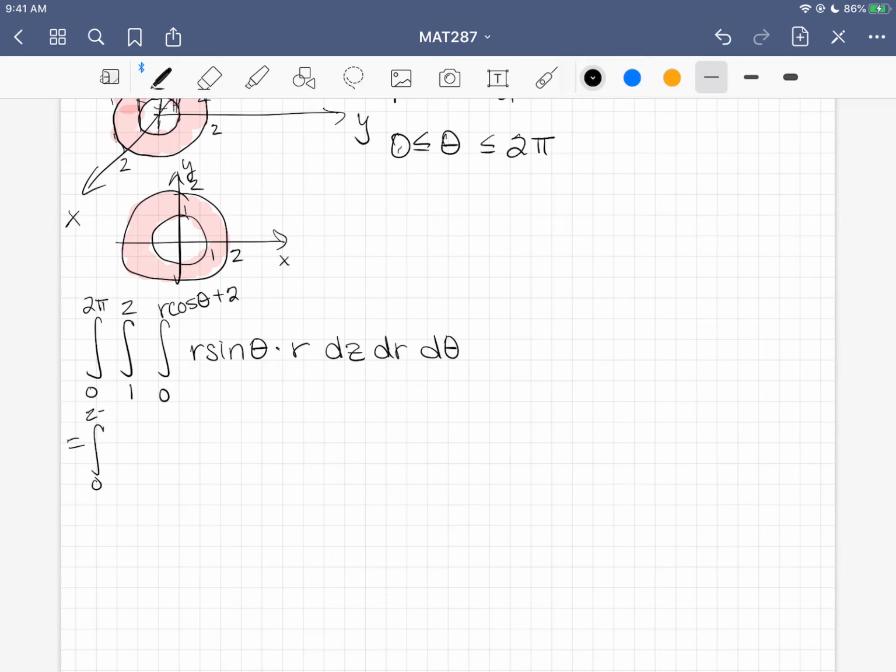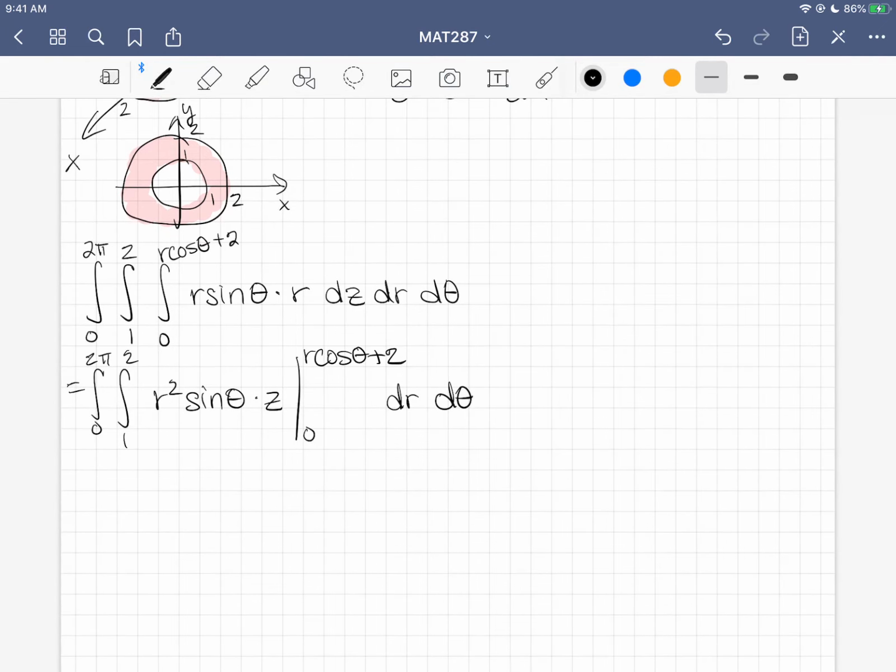I have 0 to 2 pi of the integral from 1 to 2. We want to integrate first with respect to z. There is no z here, so I just multiply by z, so I get r squared sine theta times z, evaluated from 0 to r cosine theta plus 2 dr d theta. It's going to give me the integral from 0 to 2 pi of the integral from 1 to 2 of,